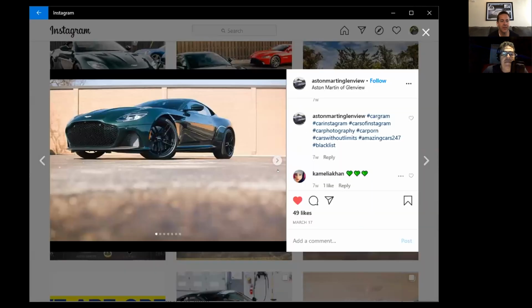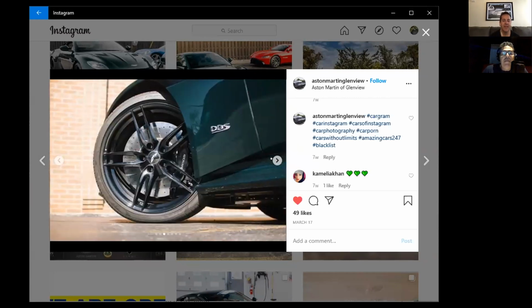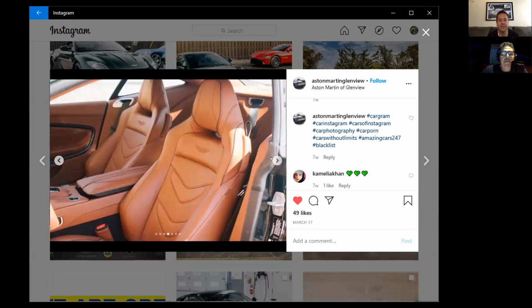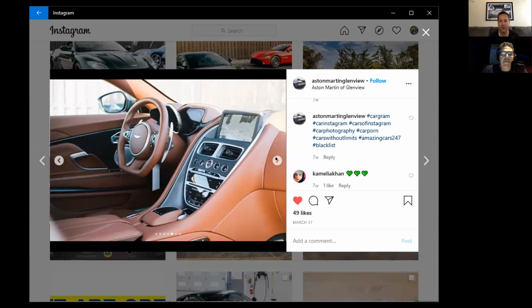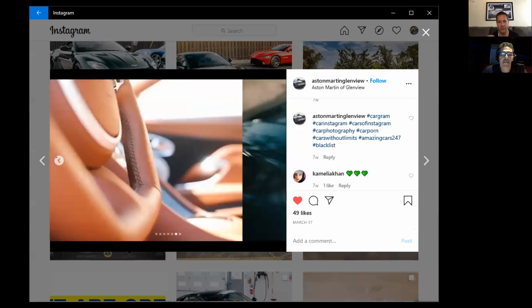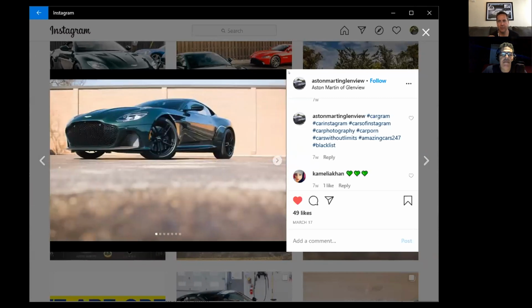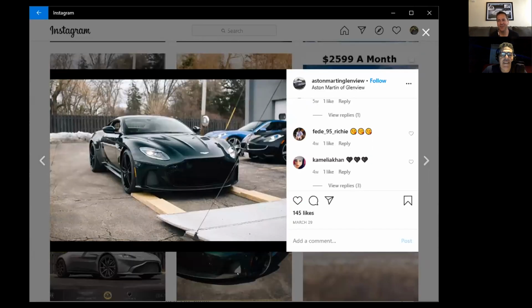It's 345 as tested. I got 345 as tested on my thing, but either way, it's 350 grand. Either way, its base price is about 310,000. And the Superleggera swaps out a lot of the aluminum body panels on the DB11 for carbon fiber. Now you can also get a carbon fiber roof and optional titanium exhaust. And if you get everything, the weight savings for the Superleggera is...